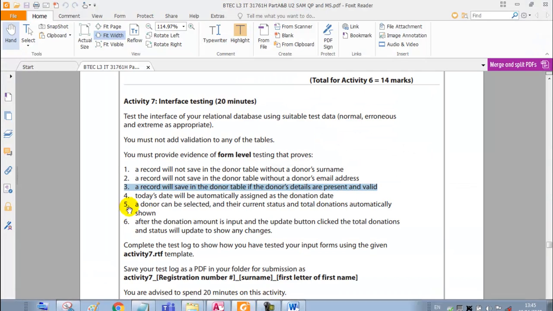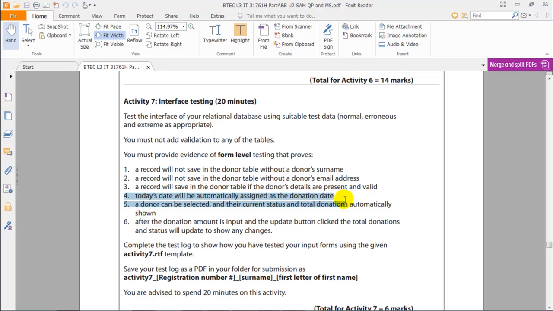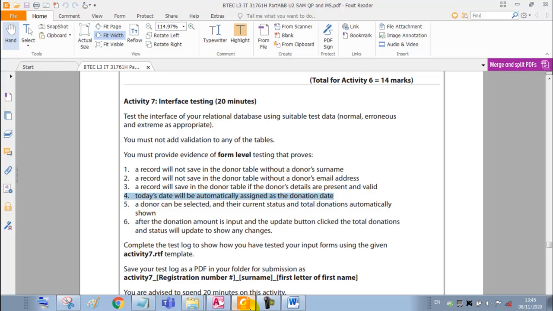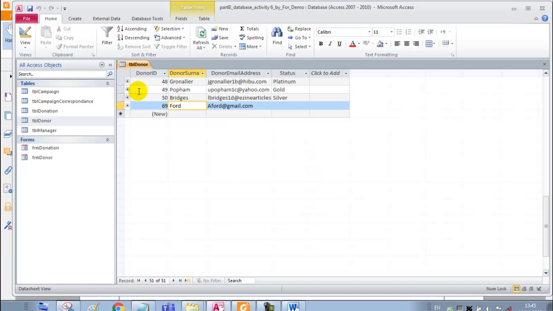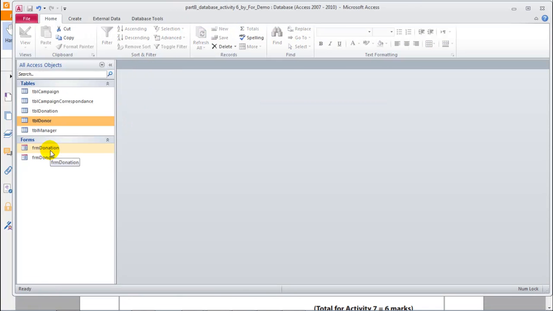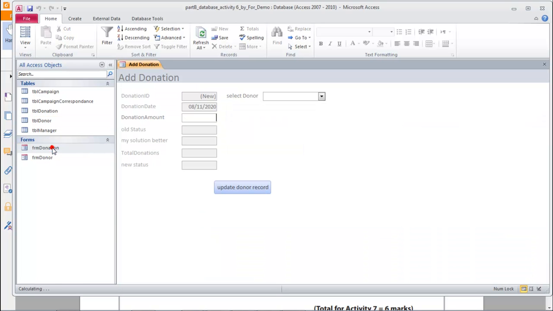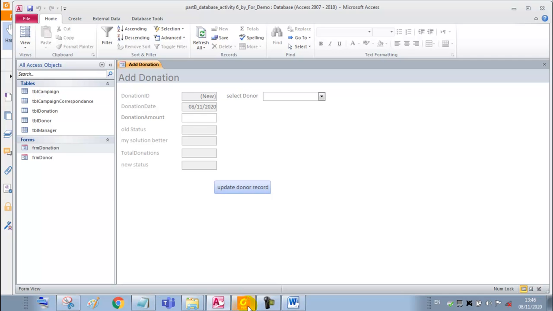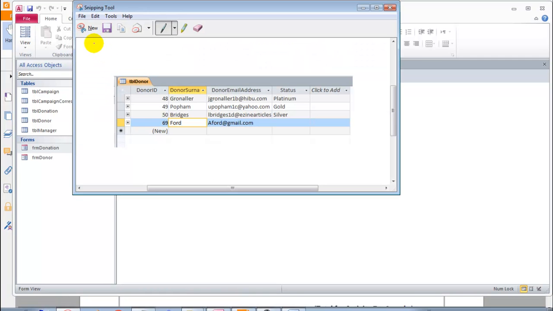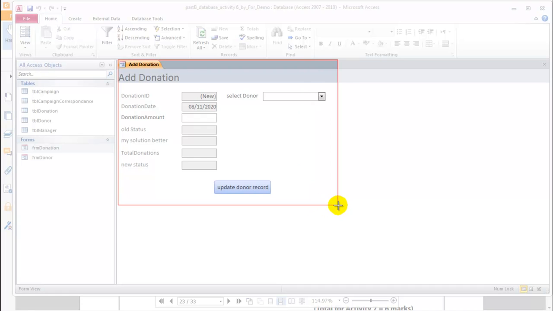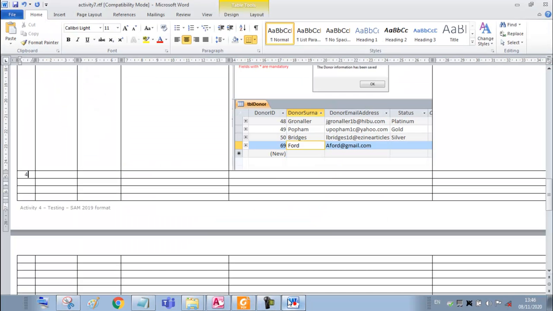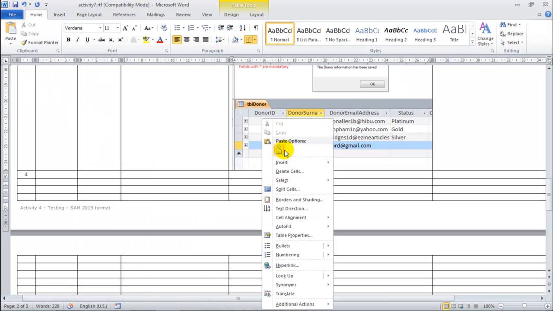Test number 4 asks us: today's date will be automatically assigned as the donation date. So here is where we need the other form. We need the donation form. We open it. It is true that today's date appears automatically there. Today is the 8th of November, the date that I'm testing this. So we take the snipping tool, new,